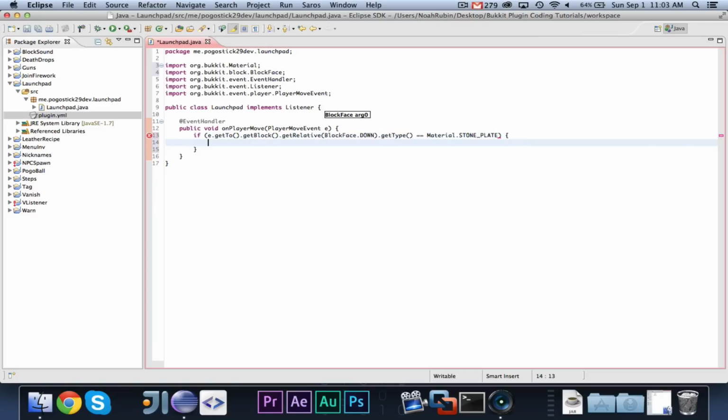So if the location that the player is going to and the block below it is a pressure plate, then